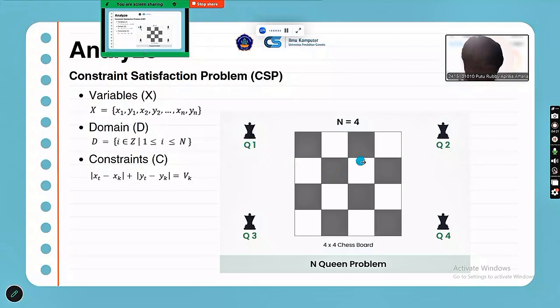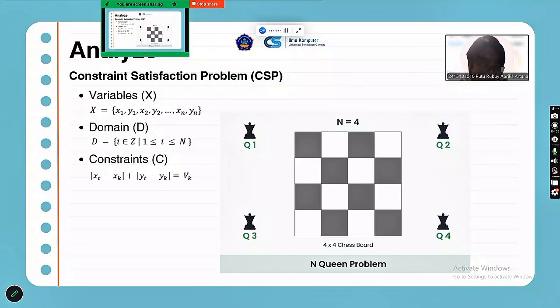And then the domain will be the positions available for the queen to be put in this area. So if the first queen is in this position, the positions that can be used for another queen are the domain, and then the constraints are the rules of the problem. In this problem, the rule is the queens